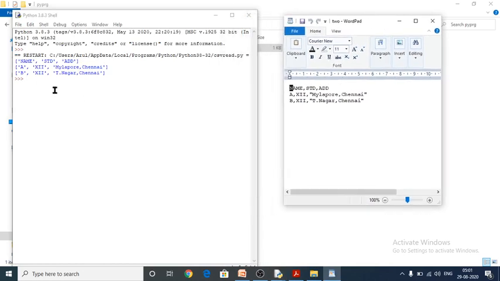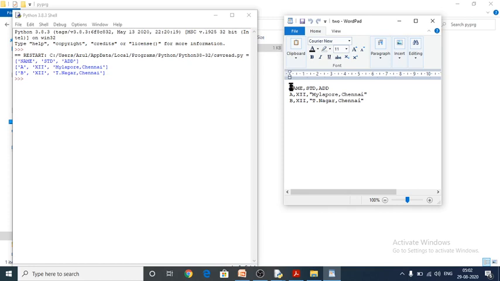Whenever we open a CSV file with the Python programming language, the output is displayed as a list only, not like this, not as normal plain text.